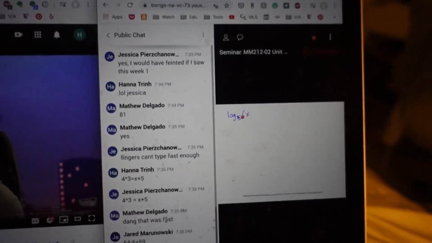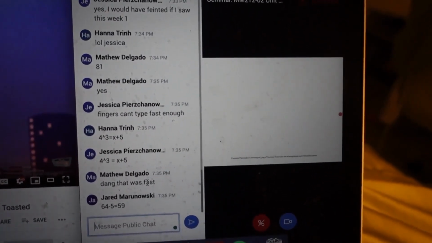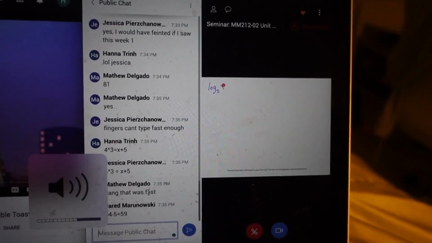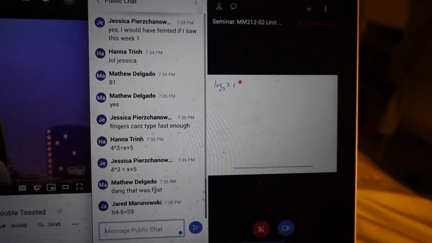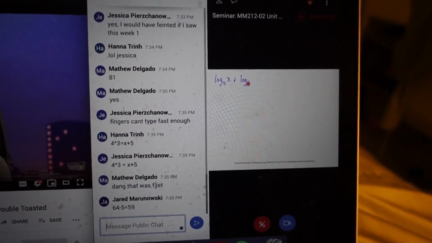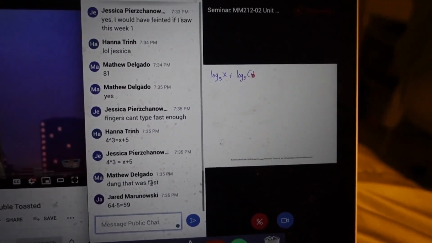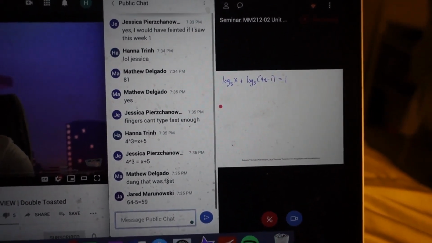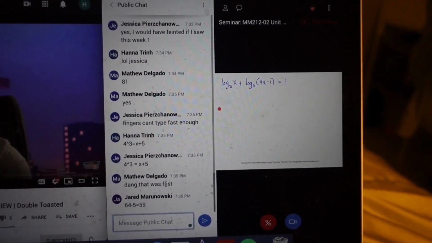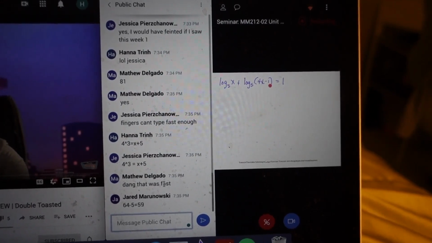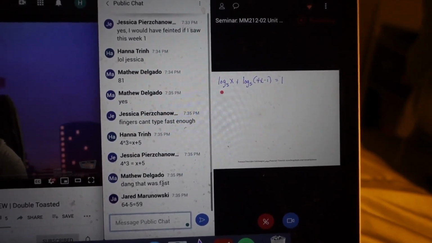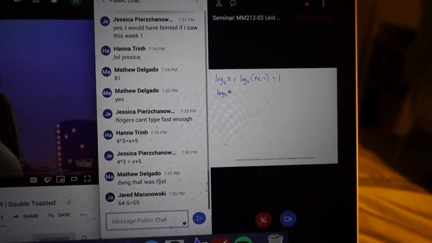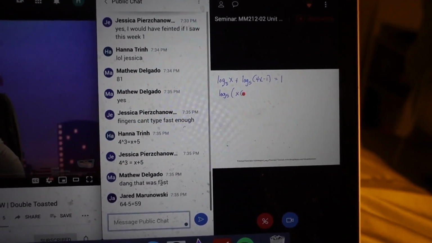I'm gonna take off my headphones so you can hear. And just start over. Turn it down. Plus log base 5 of 4x minus 1 equals 1. So the first thing I'm going to do is write this as a single log. So that gives us log base 5 of x times